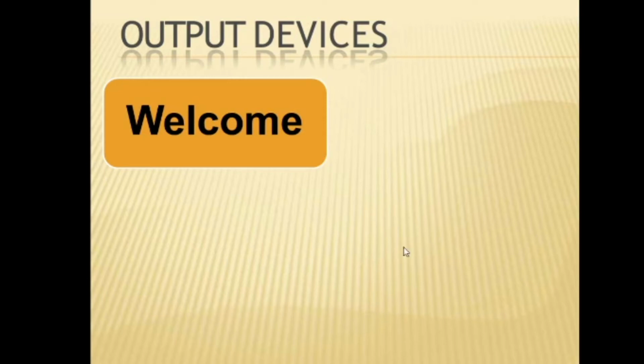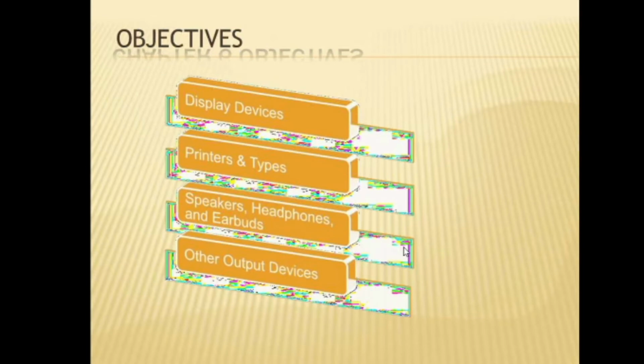Good morning, students. Today we are going to study about output devices. An output device is any piece of computer hardware equipment which converts information into human readable form. Some of the output devices are visual display unit (VDU), that is a monitor, printer, graphics output devices, plotters and speakers. Objectives. So today's class we have to discuss display devices, printers and types, speakers, headphones, and earbuds, and also